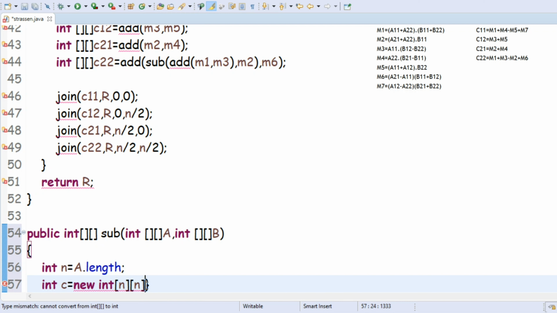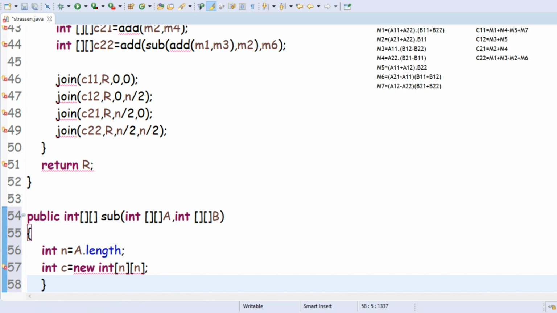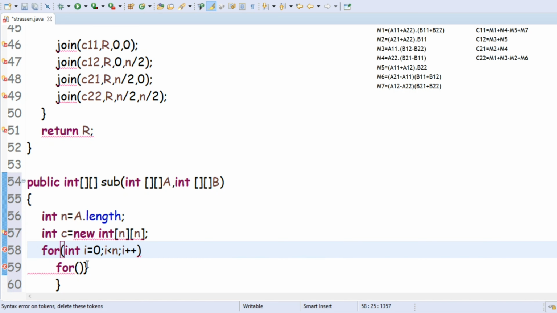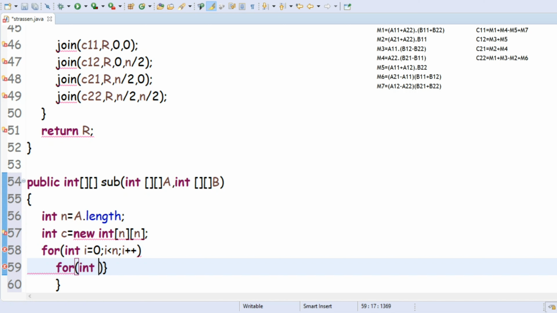Okay, next, for finding the output, int i equals 0, i must be less than n, i plus plus. Next, in this for loop I would like to declare int j equals 0, j must be less than n, and j plus plus.